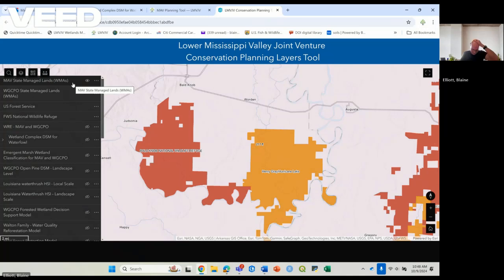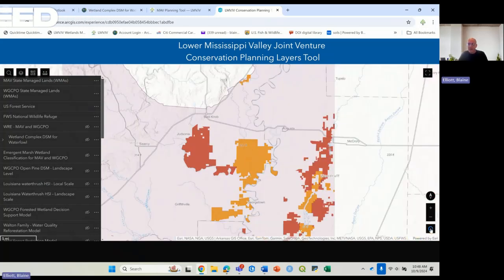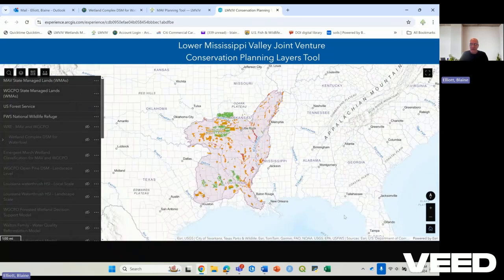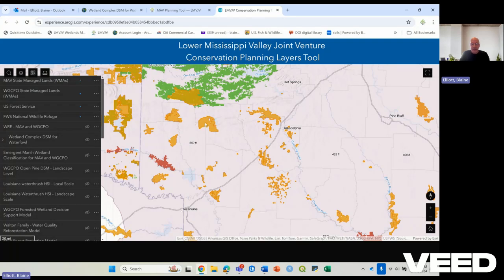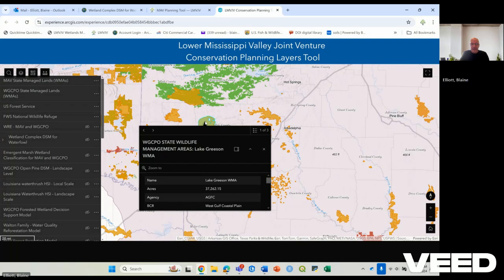You can select the Home button to reset to the default map view. Use your mouse to scroll in and out on the map, and you can use your cursor to select to identify a particular area that's shown on the screen. As you can see here,